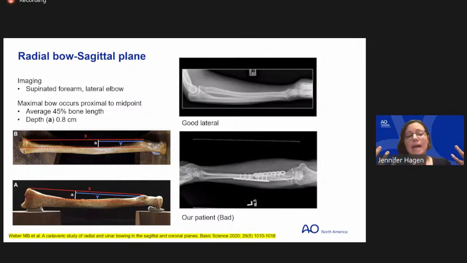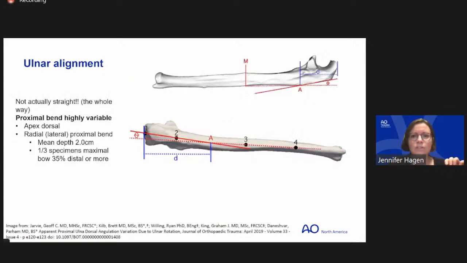They're not. It's actually the coronal plane bow is slightly distal to midline, and then the sagittal plane bow is slightly proximal to midline, and the bow on the lateral is not nearly as dramatic as it is on the coronal. And this paper that's highlighted at the bottom is actually a fantastic paper that came out of Cleveland. That's where these cadaveric pictures came from, where they quantified this anatomic relationship, and I think over 400 specimens. It's really quite good.